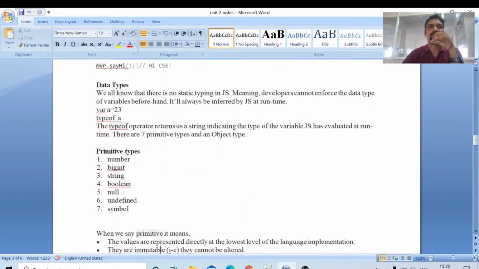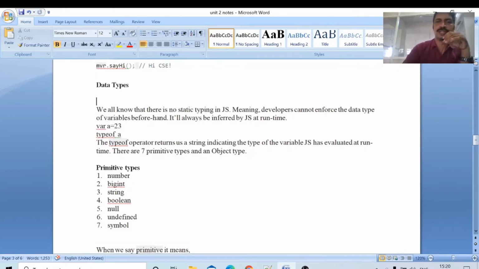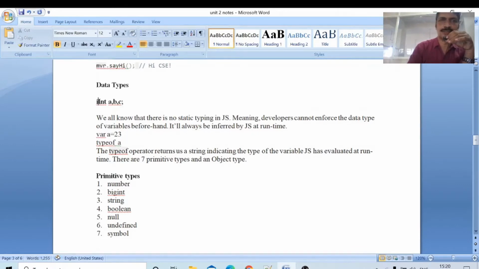Data types. We all know that there is no static typing in JavaScript. Static typing means that in C language, to declare variables, we write a statement like int a, b, c. This is called declaring variables, and it is called static typing.